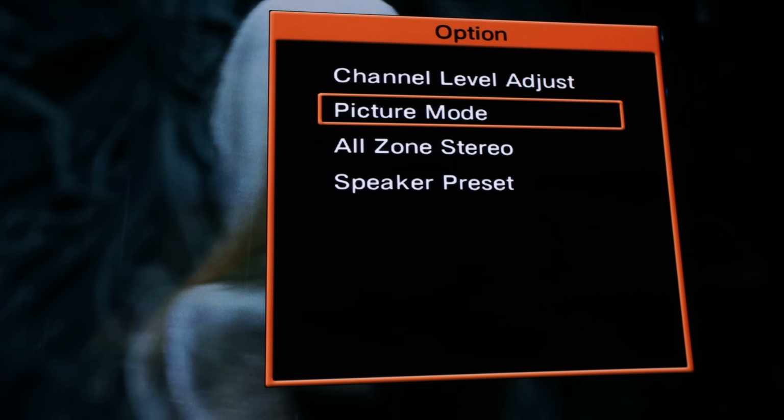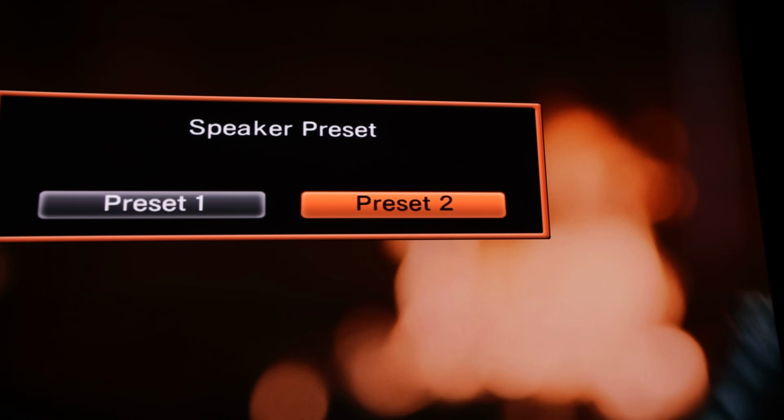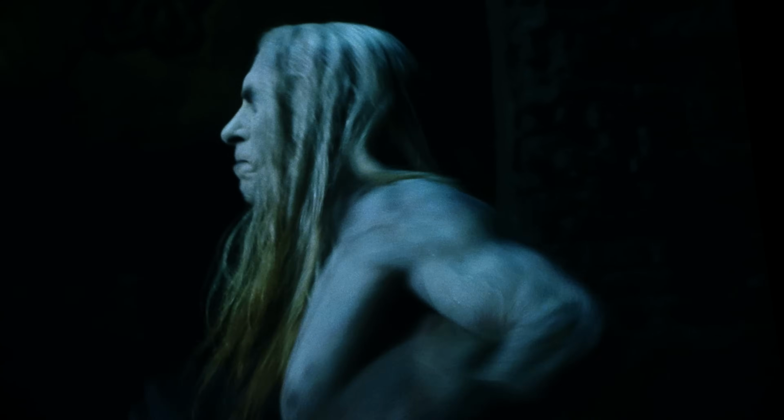Now, one thing that made it really easy for me is I have the SR8015 from Marantz in for review. And as I showed in the video, it allowed me to save it as preset 1 and preset 2. And so with the Marantz, all I have to do is grab the remote, hit the option button on the remote, and then come down to speaker preset, and then select either preset 1 or preset 2, and